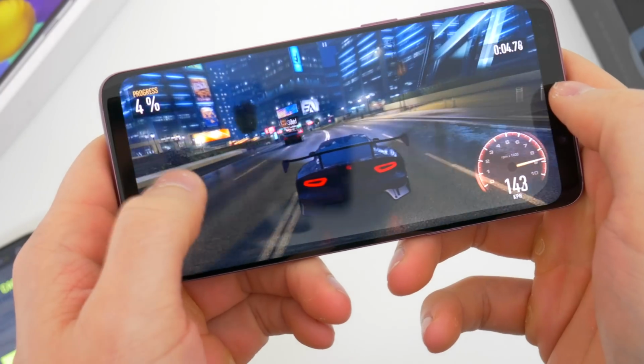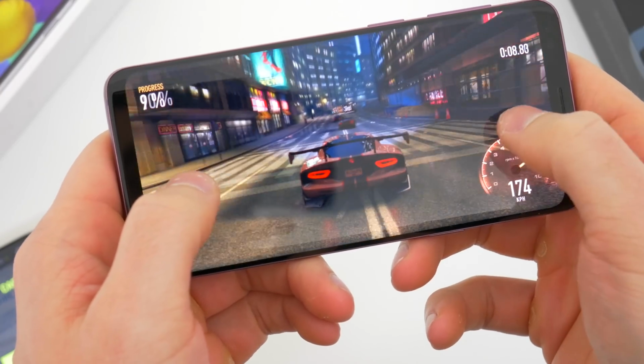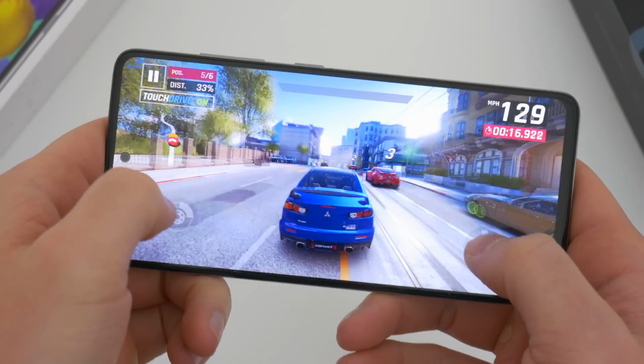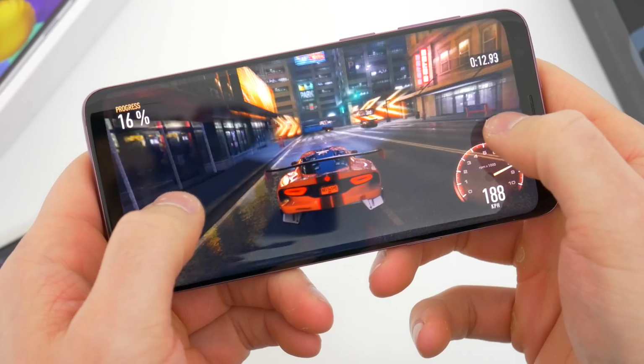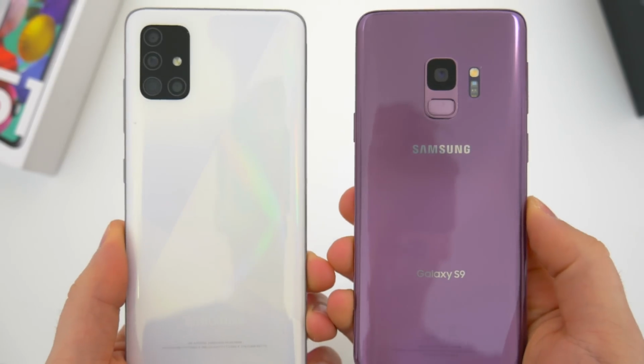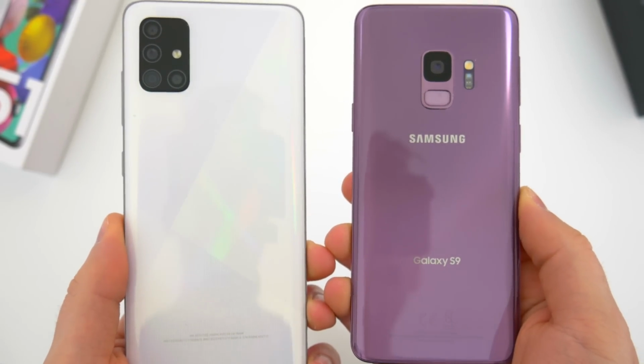This means that the S9 offers the better listening experience out loud overall with the stereo sound. The A51's single speaker is mostly fine, but the S9 is louder, clearer, and offers a more immersive, out loud listening experience. Around back, obviously, these two phones have very different camera setups, and I'll get into all that in a bit,